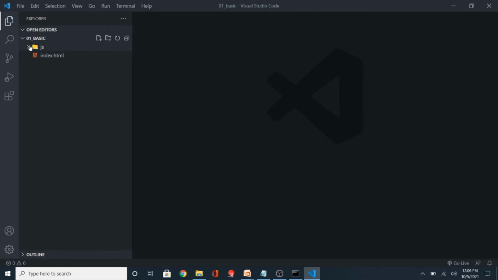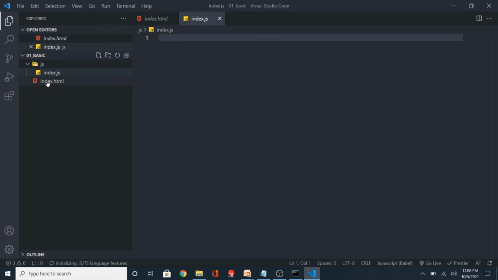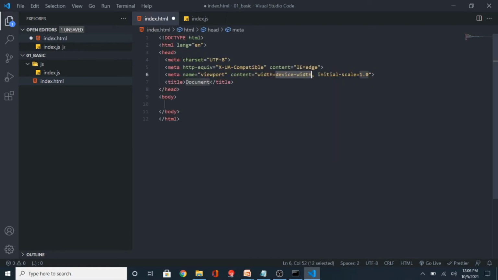Now from here, as you can see, I don't have anything inside this and I don't have anything inside this. Okay, so here in the JavaScript folder, I'm just creating one index.js file. And in the HTML, I'm just creating one simple HTML.